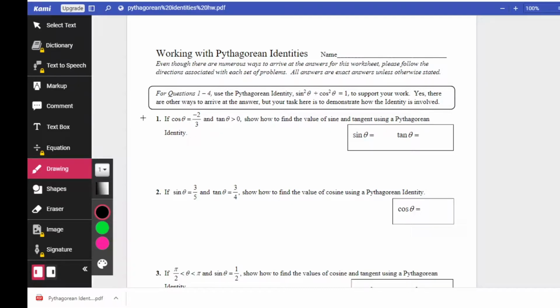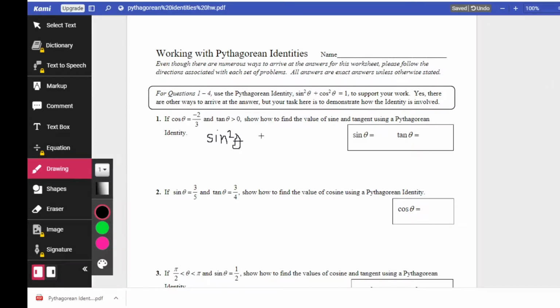So let's just go ahead and answer this first exercise just to give you an example. It says here, if cosine of theta equals -2/3 and tangent of theta is greater than 0, show how to find the value of sine and tangent using the Pythagorean identity. So we have here cosine of theta equals -2/3. So we know that sine squared